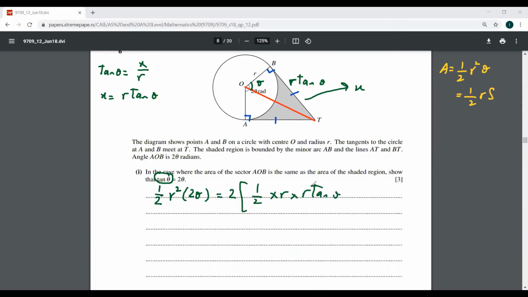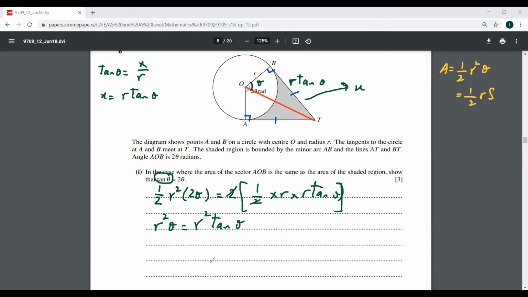So this OB is the base and this BT is the height. I multiplied this by 2 because there are two triangles making up this whole quadrilateral. So this is going to be r square theta, and this 2 is cancelled by 2. This is going to be r square tan theta. So we have here tan theta is going to be,